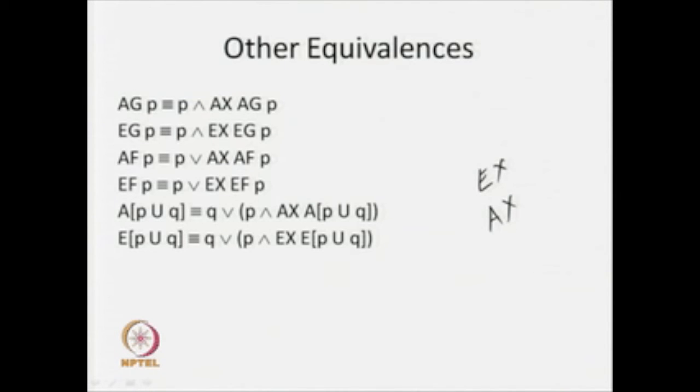Just see that we know the meaning of E x and A x. If it has an all-path quantifier, then A x will come into picture. If the quantifier is the existential quantifier E, then E x will come into picture. So, for A G P I have A x, for E G P I have E x. So, all these 6 operators are defined by themselves. So, this is some sort of recursive definition of those temporal operators, and we are going to have those equivalences. Just see how we get them.